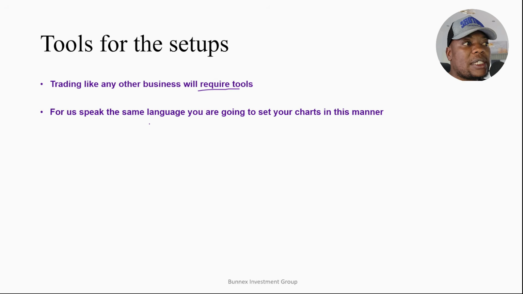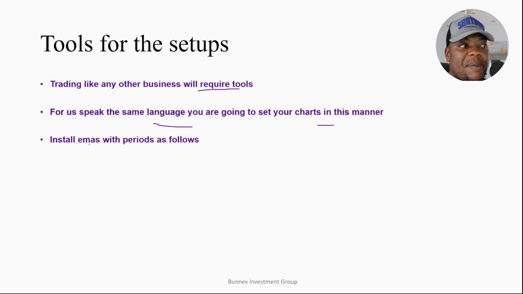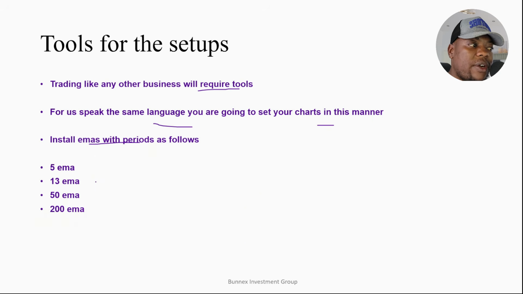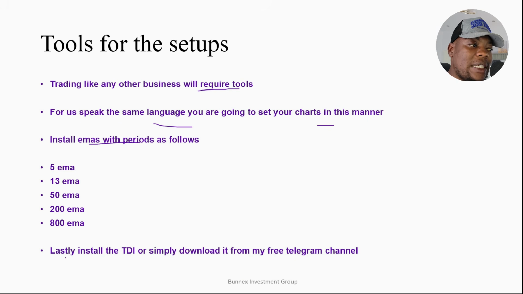So for us to speak the same language in this particular video, you're going to set up your charts in this particular manner. Install EMAs with periods as follows. The first one being a 5 EMA, and I'll tell you what's the use of these EMAs. 5 EMA, 13 EMA, and all these EMAs are applied to close. Another 150, 200, 800, and the last but not least is going to be the TDI, or simply download it